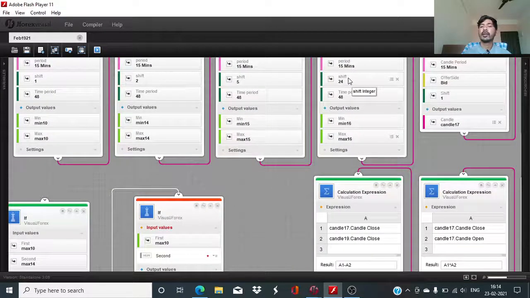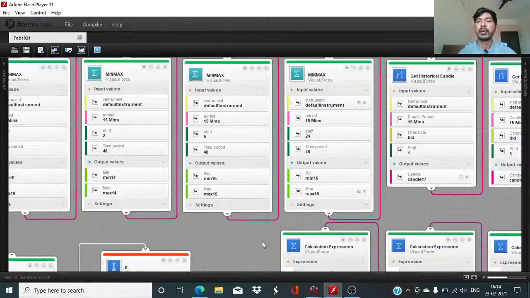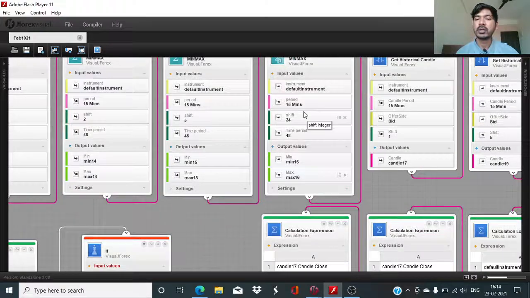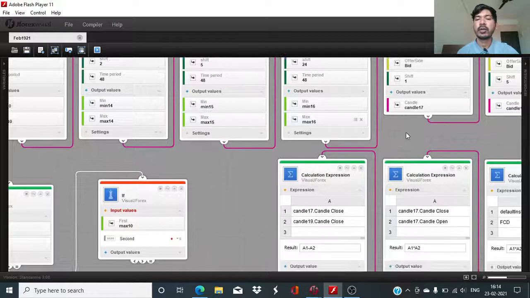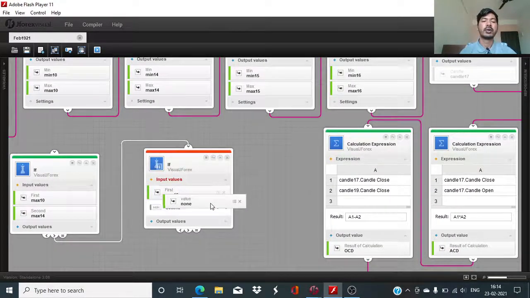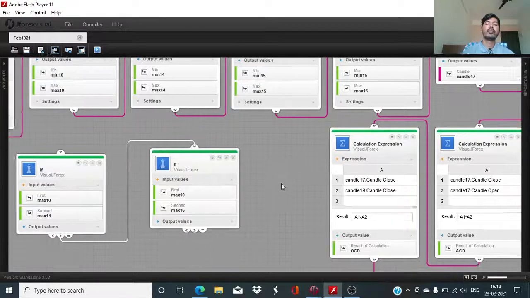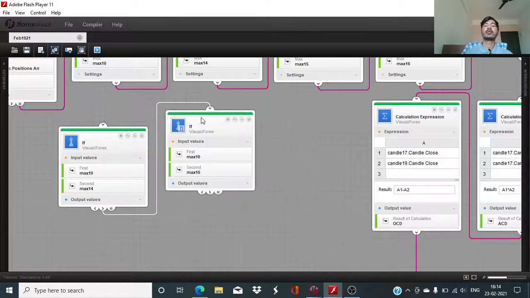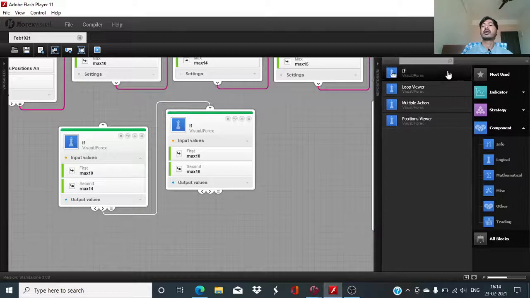So for that I have taken this 15-minute min max of 48 time period with the shift value, that is look back period of 24, and that means we will have the maximum of that point in time, and this needs to be less than or equals to, I will take